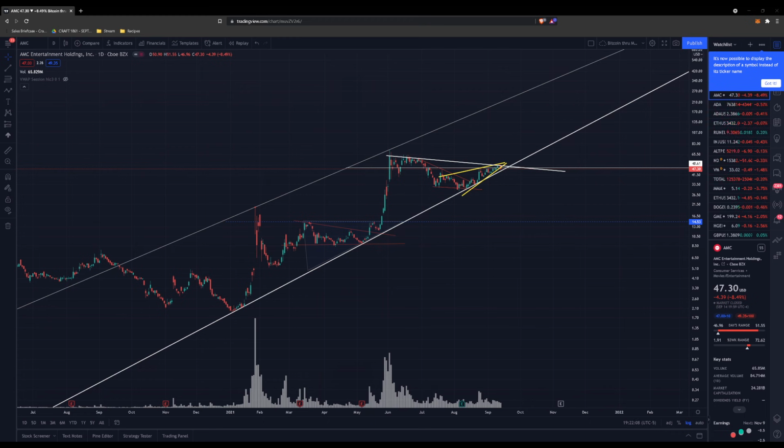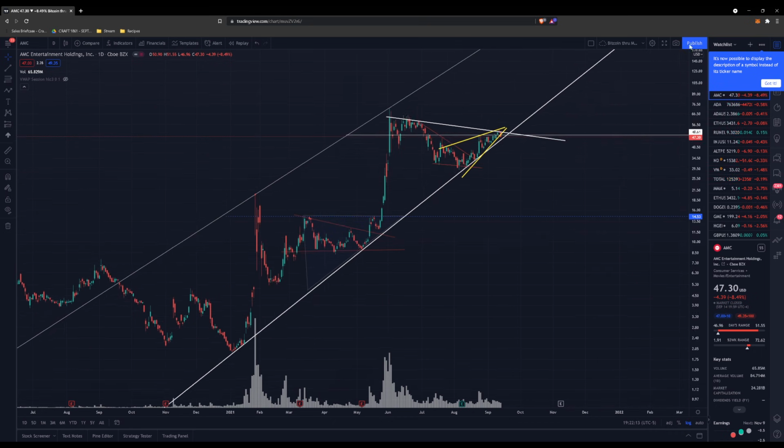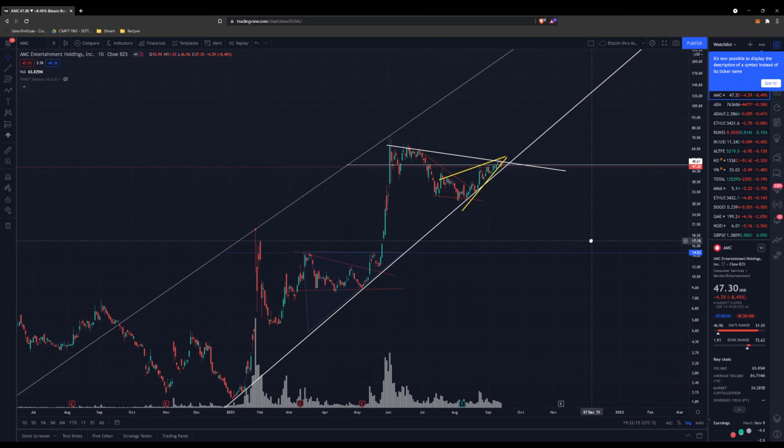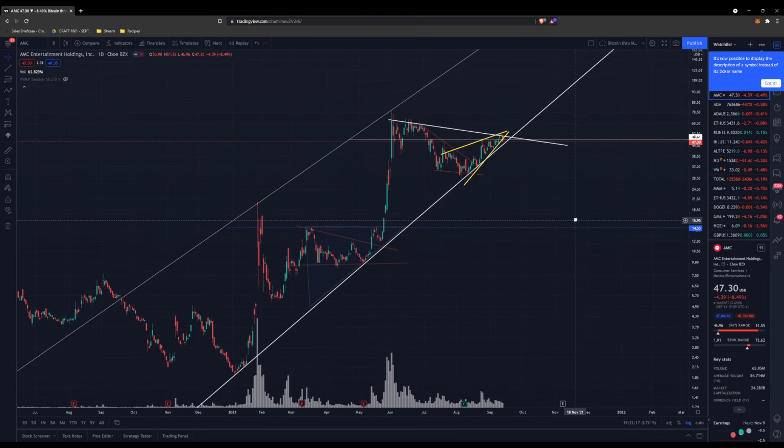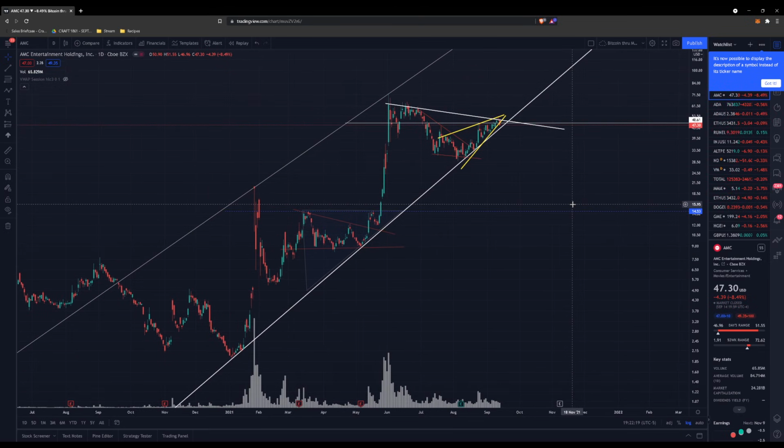Yo, yo, yo. This is the AMC chart. I just wanted to break down what I was thinking as far as a potential bull trap scenario. I mean, a bear trap scenario that might be playing out on the chart right now, and why that could